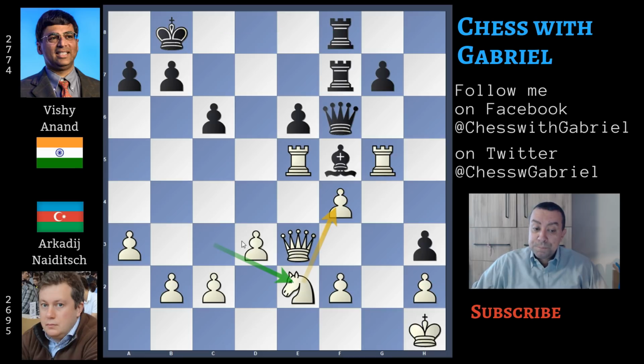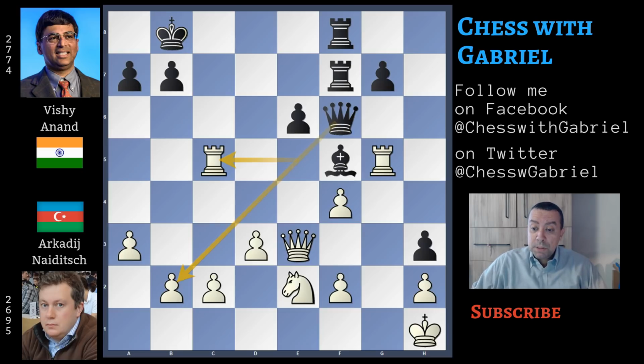Knight to e2 brings the knight to the king side, protecting f4. Here comes c5. This is a clever move because it's not a good idea to capture with the rook on c5. Let's watch what happens. After rook captures on c5, this is a mistake because Anand will capture with the queen on b2, solving most